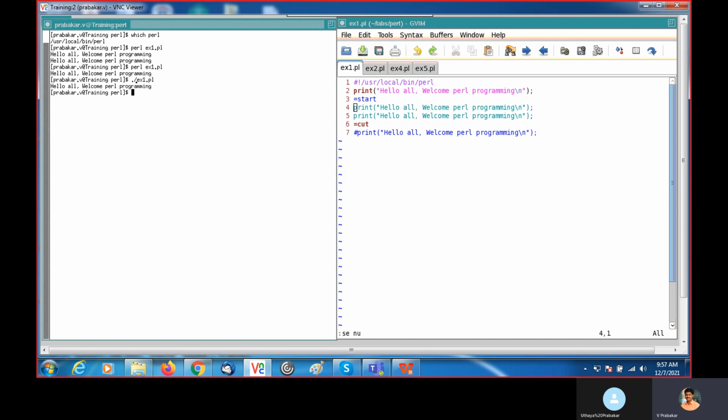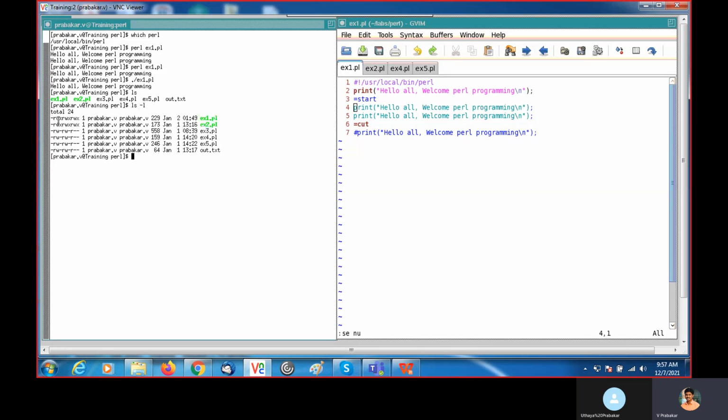If you use this way, ./ file name, you should make that file executable. By default, files are not executable. For example, the green colored files, I gave executable permission. Example 3 and example 4, I didn't give executable permission, so they are in black color. Okay. With ls -l, you can see the permission.